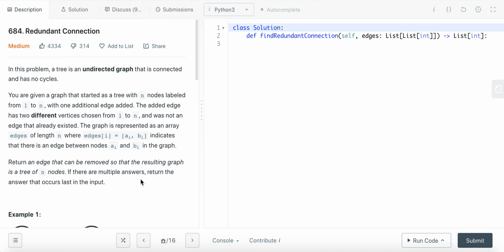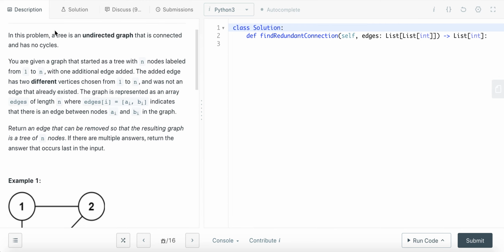Today I'm solving Leetcode question, redundant connection. This is also a very classic graph problem. In this problem, a tree is an undirected graph that is connected and has no cycles. So this problem defines a tree, and in this definition, a tree means an undirected graph, and it's connected